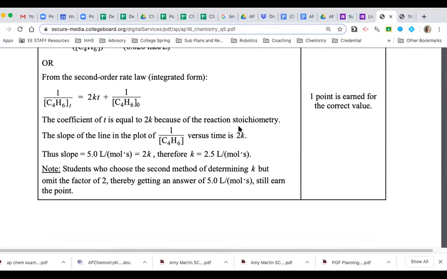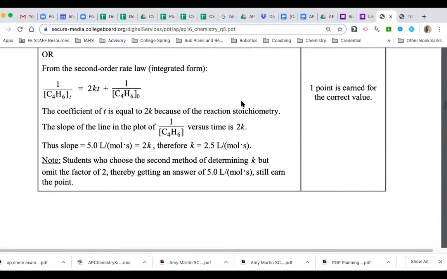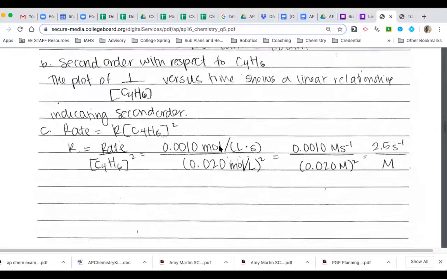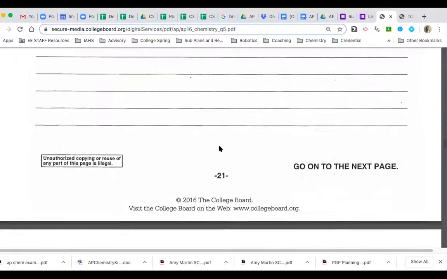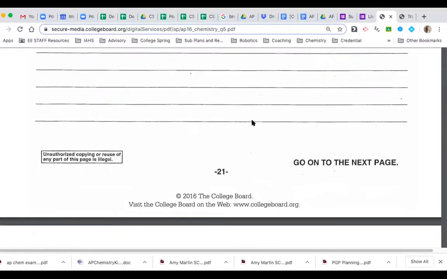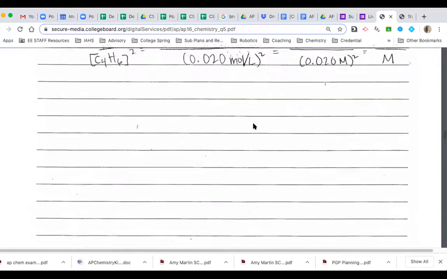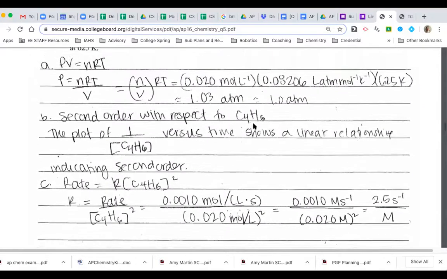I wouldn't include all this coefficient of t is equal to 2k. That's how these answers can really freak you out. That's why it's good to see different answers. I'll give you this one so you can look at it. But the key thing is they just ask you,